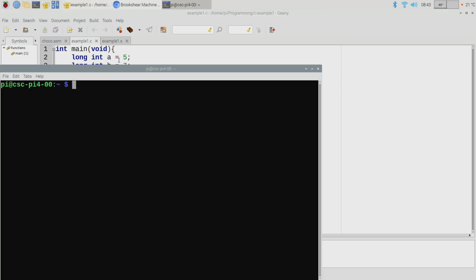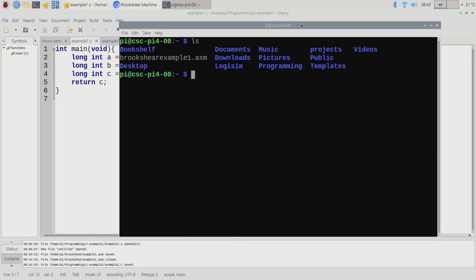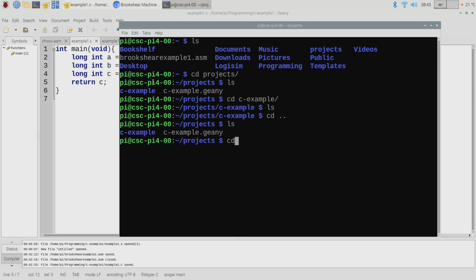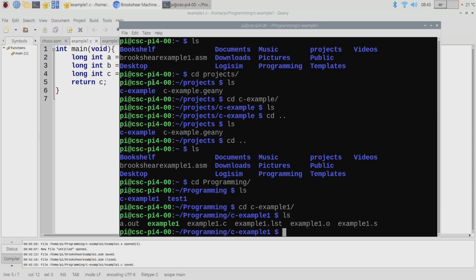Okay, so I'm going to go into a terminal, and let me find where I put these files. Maybe they're in programming. There they are. Here are all the files for that example.